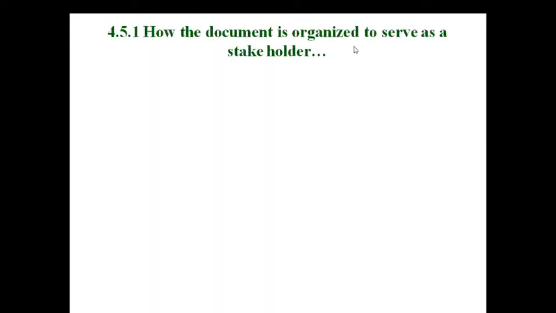As a first part we are going to discuss the view catalog. How is the document organized to serve a stakeholder? See, if you want to buy anything in any shop, what will they give? Some catalog. It is the same for a restaurant also. The catalog will give full information regarding the items or elements they contain. Maybe that is not in depth, but in a light way, they represent the elements you have to include in your project or your application. That is nothing but the view, that is nothing but the catalog.